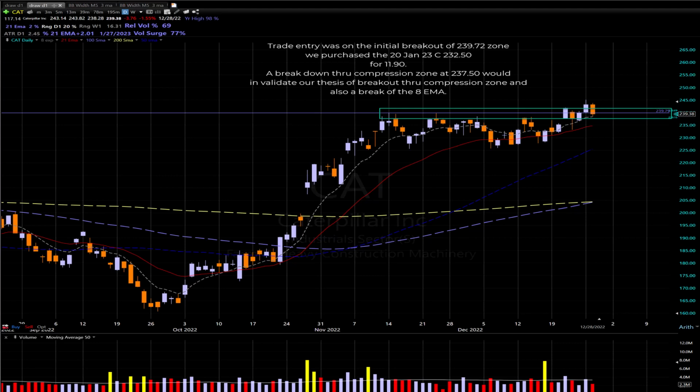Now, can it go below that in an intraday level? Yes. We're looking for a close. Let's say it's 10 minutes before the close and it's $1 below the 8 EMA. Do you wait till the next day to close the trade out? I typically would not. Depending on market conditions, I would probably close the trade at the end of that day